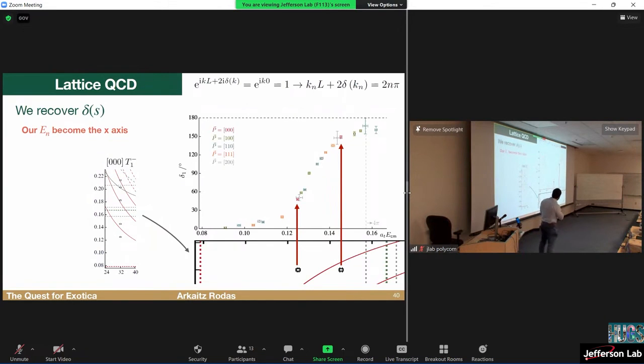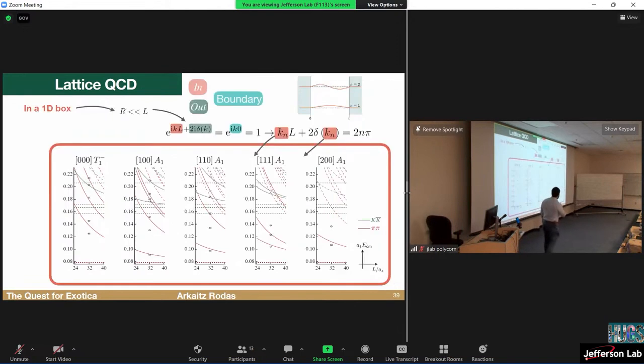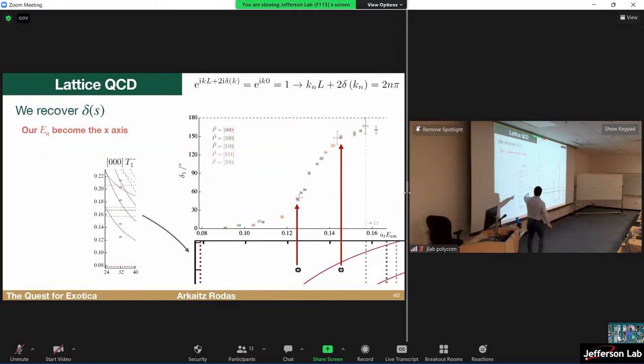So what is this equation telling me? It's telling me that if I calculate the energies, they become the x-axis in my equation, right? This delta is defined with Kn in mind. So Kn is the x-axis. I calculated this myself from the supercomputer, and then I'm going to just flip it over. It becomes my x-axis now. And wherever I have one of these, by this equation, we will have a value for delta, using this point and that.